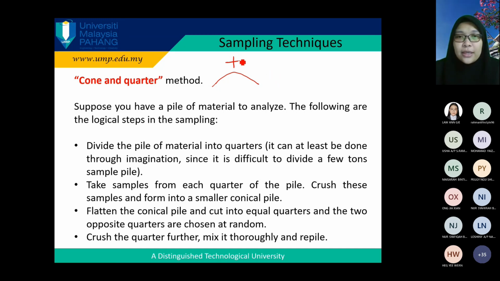Okay, after that, take each parts ni. Ambil satu-satu, buat lagi dalam bentuk conical pile, and then divide into 4 again. So dah divide into 4, take 2 opposite quarters, this one and this one. Choose at random. Crush the quarter further. Mix it thoroughly and repile. Okay. Dah ambil dua ni, mix. Lepas tu buat lagi sampai you dapat